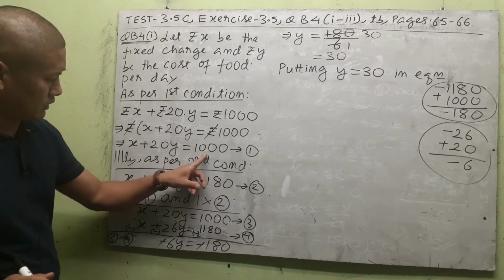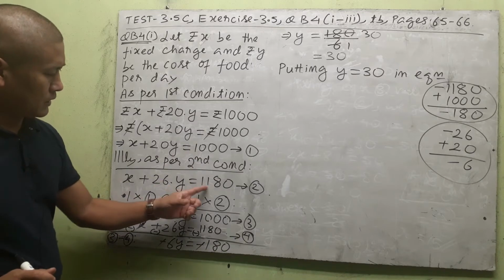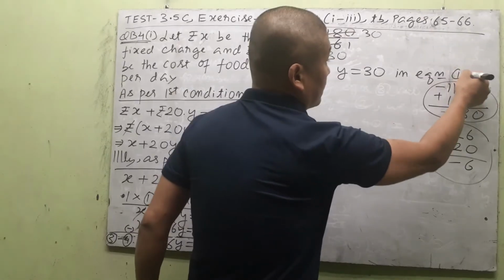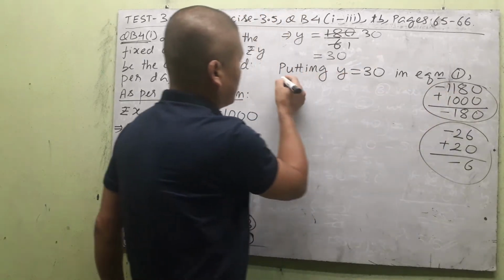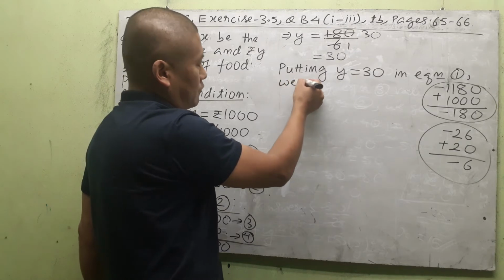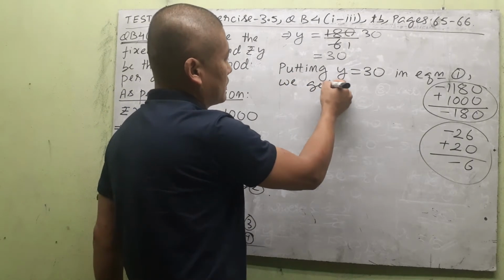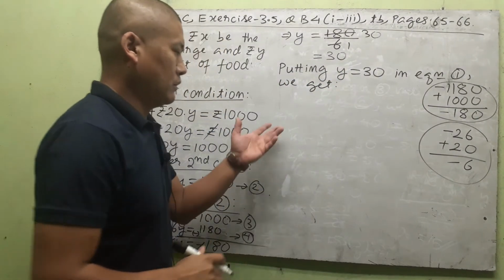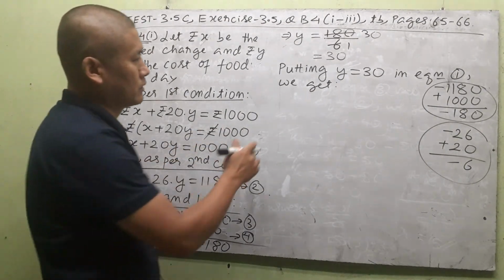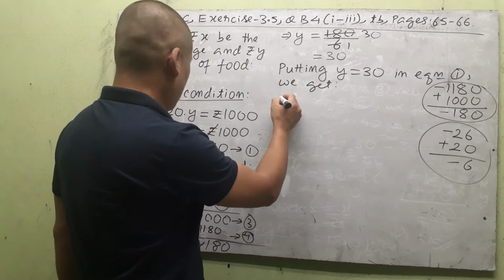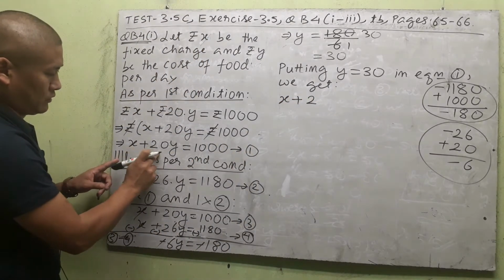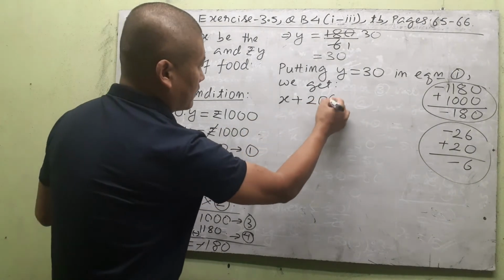So 20 and 1000 seem simpler than these two. So let us take the simpler equation 1. If you took equation 2 instead, there's nothing wrong, you'll get the same answer. But we're taking the simpler one because it takes less time. So equation 1 is x plus 20y,